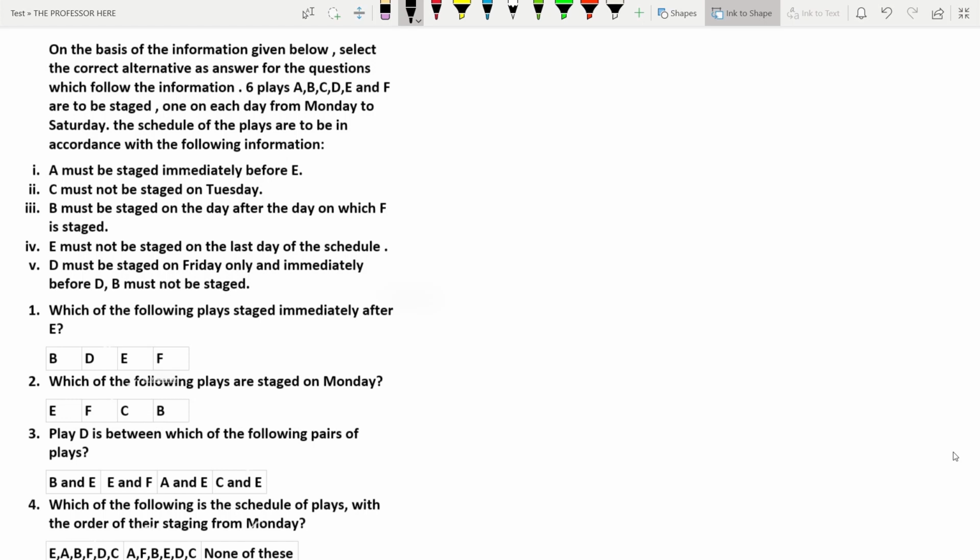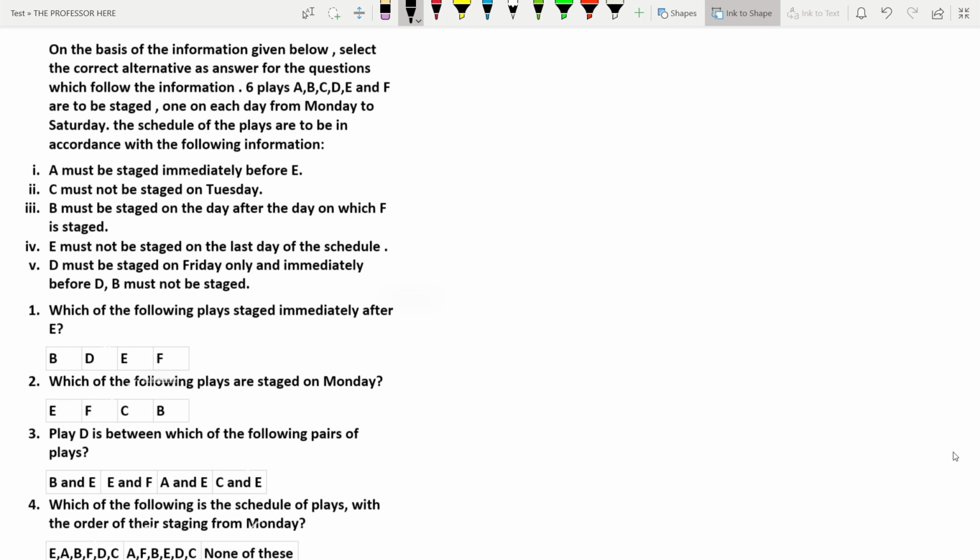Bar chart, pie chart, line charts and other DILR graphs have already been covered. And now in this lesson we are going to look at DILR caselets. With this we complete basic discussions about different DILR types and how to approach them. We will now solve different DILR sets in the coming videos to get more practice.